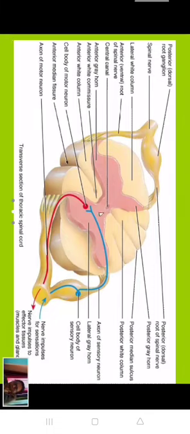Now the neural substance of the spinal cord is divided into inner gray matter and outer white matter. The inner gray matter is H-shaped, or in the form of the wings of a butterfly. It is divided into two equal halves. At the center, there is the central canal. CSF flows through this central canal.